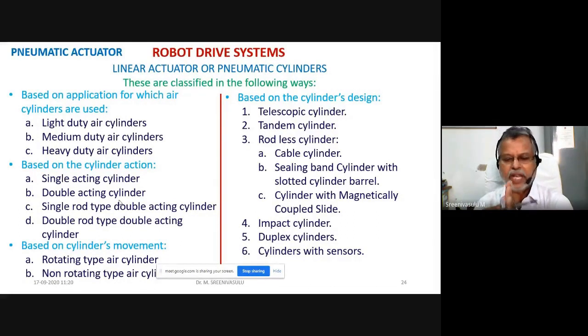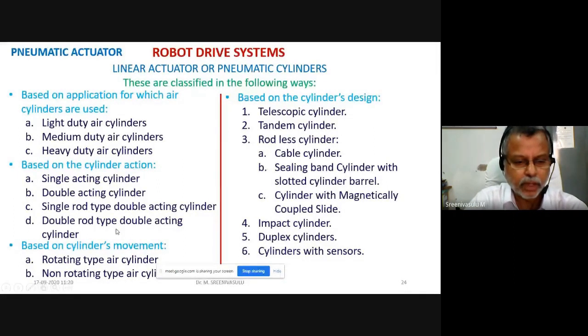Then, if you have a piston like this, assume my hand is a piston, and you have a shaft attached to this side as well as this side. Now this is rod 1, this is rod 2. When the piston is moving, both the rods are moving. That comes under category D, double rod type double acting cylinder. Then